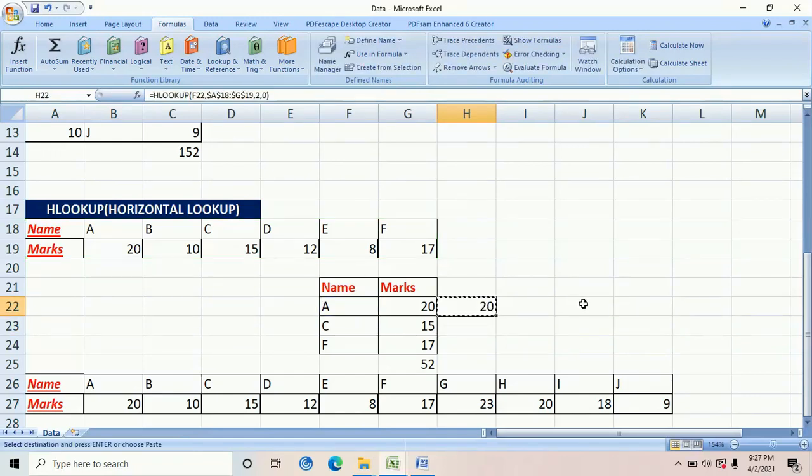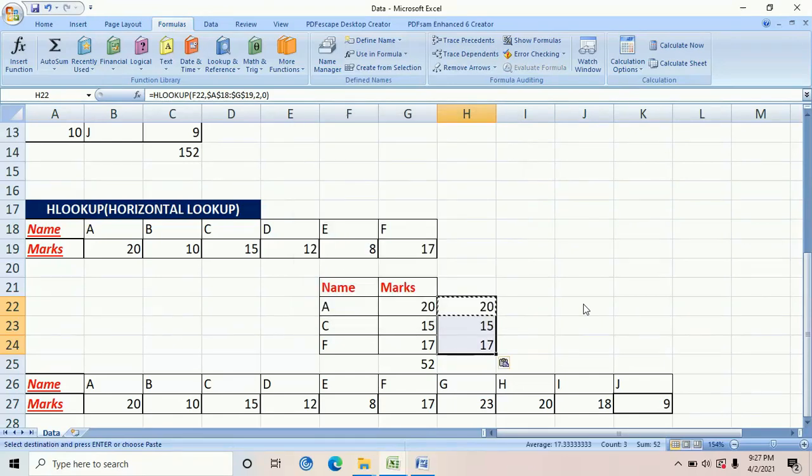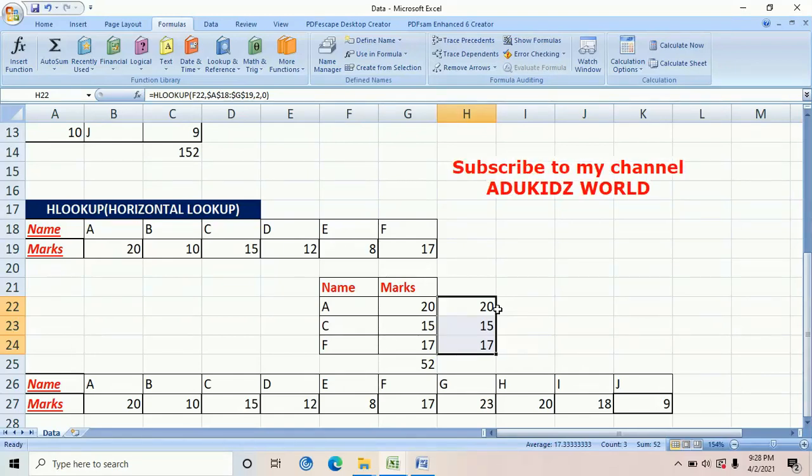Now see, I've got the same number. I'm trying to replicate the same formula and move it down, and I'll just press Alt E S F. I showed the shortcut for this in my previous video, and see, now I've got the same marks. Both VLOOKUP and HLOOKUP formulas are very user friendly, and one can use these functions to manipulate and analyze data in a spreadsheet. The only difference is that VLOOKUP is more frequently used as compared to HLOOKUP. So that's it for VLOOKUP and HLOOKUP.